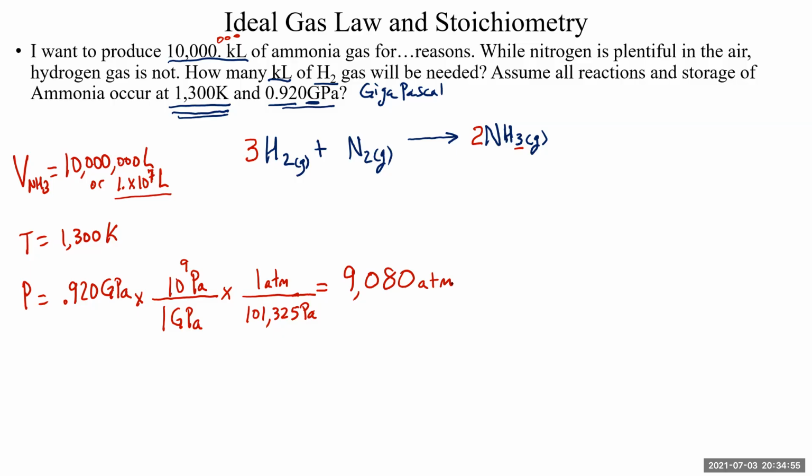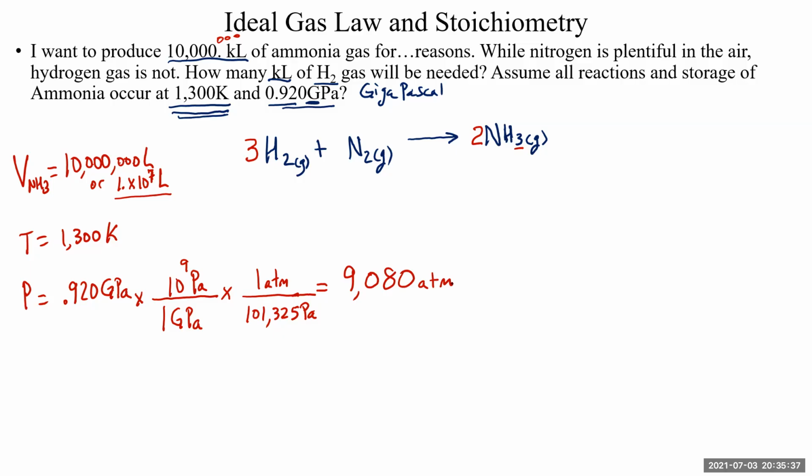This would crush metal. This is how strong this pressure is, about 9,000 times atmospheric. Even toward the very bottom of the ocean, you don't get pressures this high, and they have to build reinforced steel submarines just to withstand the pressure. So this is a lot of pressure. Actually, this is an unrealistic amount. You wouldn't apply this to gases. You would practically liquefy a gas, turning it into a liquid under sufficient pressure. Anyway, just take this as a hypothetical example. So we have our volume, temperature, and pressure of ammonia. But again, these are the conditions for all the gases.